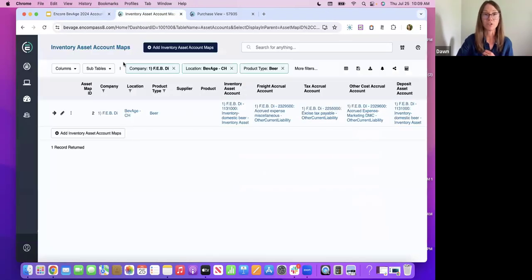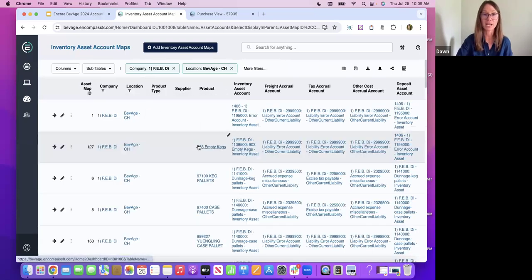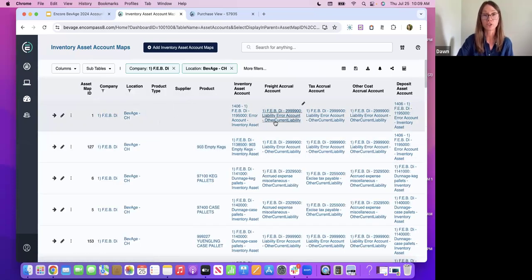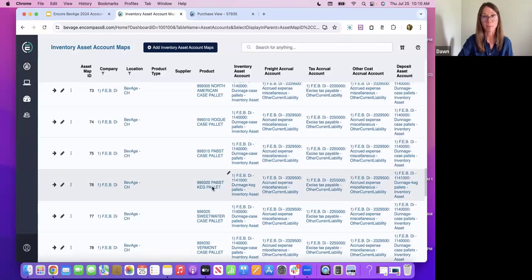Let's go look at our inventory asset account mapping one more time. I'm going to take out that product type. If we look at this first map right here, notice there's no product type, supplier, or product mapped. So it would be what we call our catch-all map or our red flag map. It is mapped to an error account. So that means if the product type or the products used on that purchase or invoice are not mapped out here specifically,